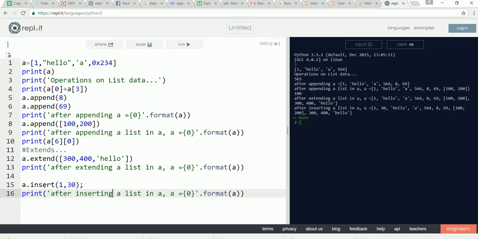In order to be able to add certain data in a specific position, you can use the insert command. I have given index number 0. So if you observe the list over here, the 0th value is 1, the first value is hello. But instead of hello, now the first value becomes 30 and hello and all the other things are pushed back. Things to be remembered is that